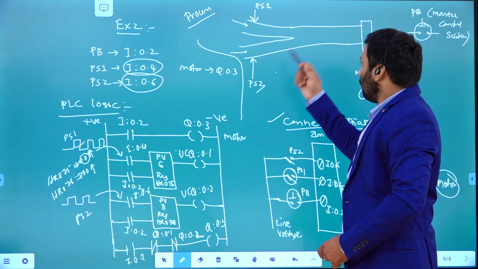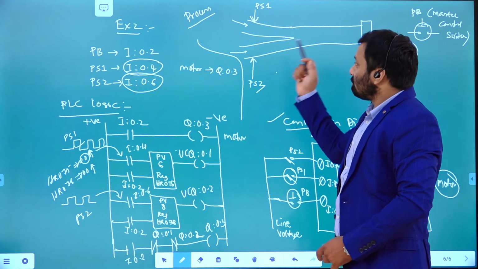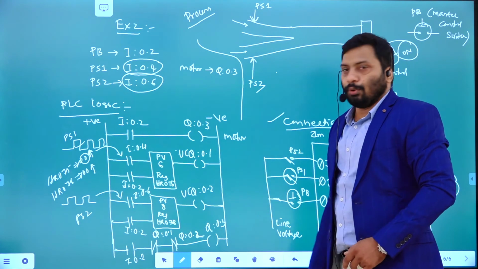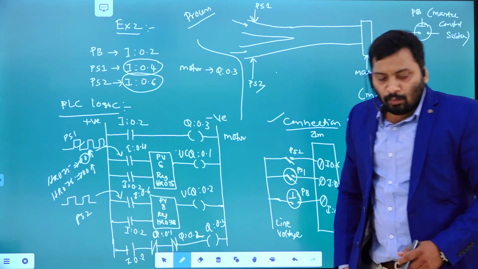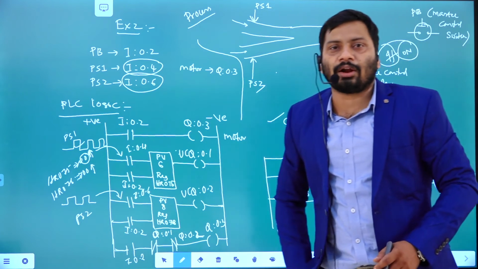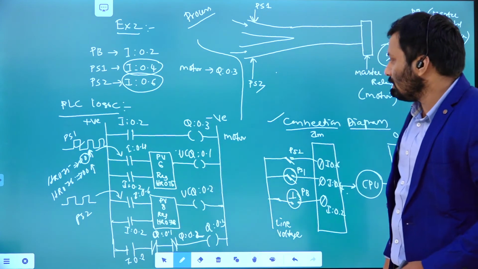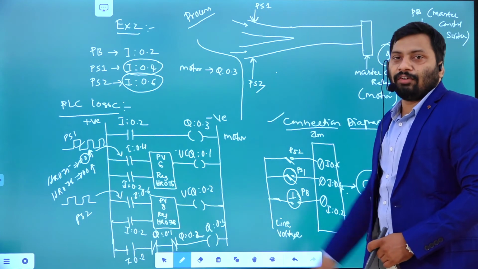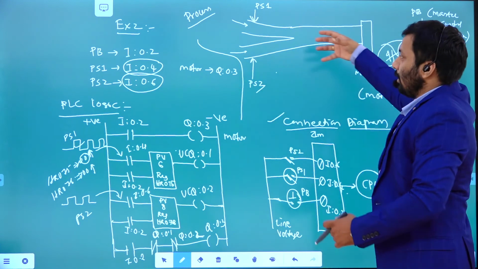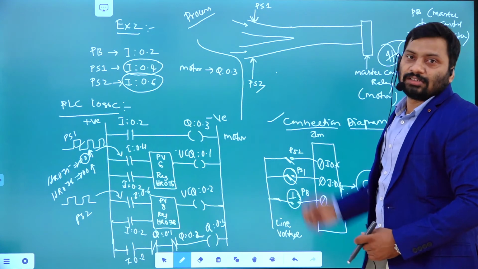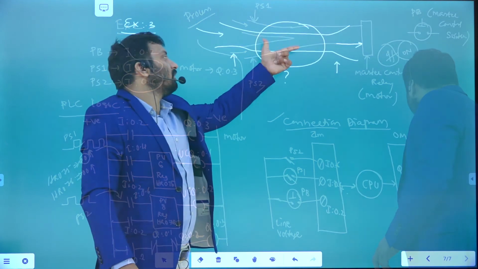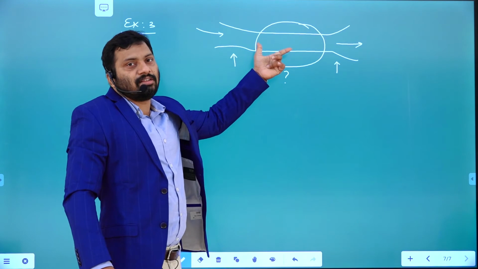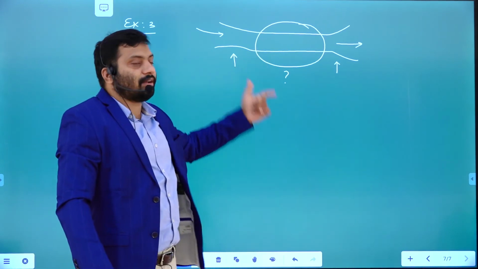Based on the application, you need to write a program. This is one example of how you can control this conveyor belt based on the things coming over subconveyor 1 and subconveyor 2. For that we need to write a program.